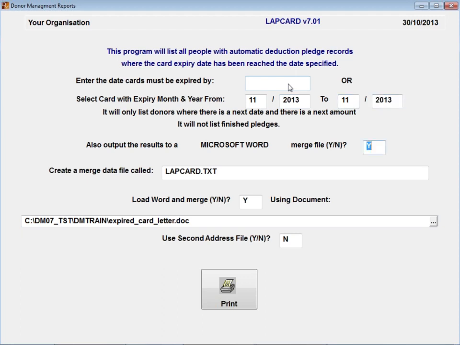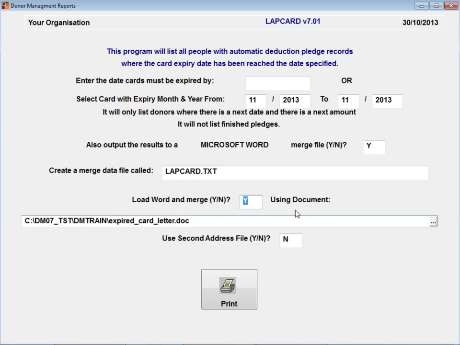Okay, so I can do it for a particular month, but if I really wasn't on top of this initially, I just put in a date, and the system will then give me a text file of all the people whose credit card has expired, basically. From there, I get an option to say, do I want to output the file and load and merge it? So yes, and by default, the system creates the file called lapsed card or lapsed credit card, basically text file.